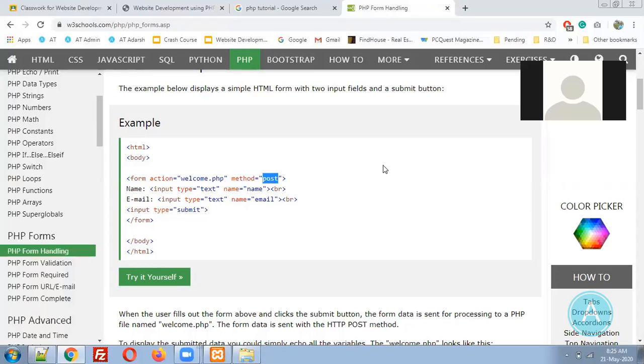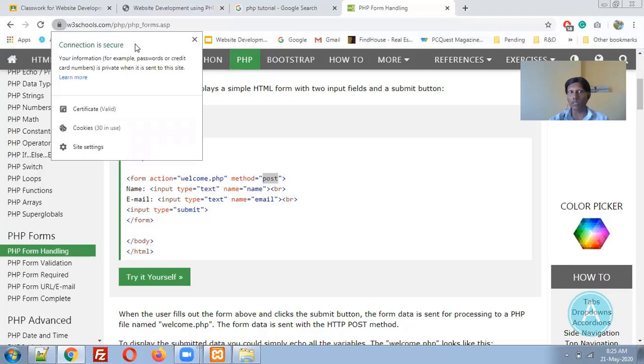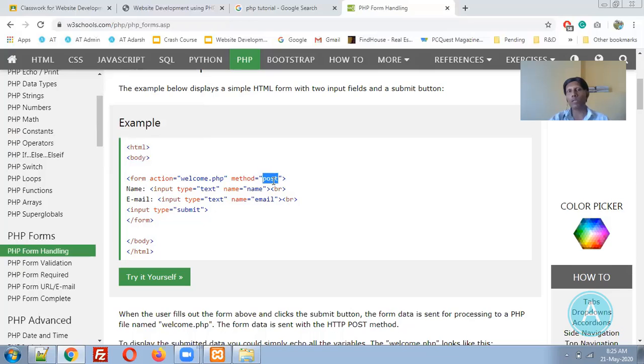Google Pay is secure, so it shows the HTTPS. You are talking about a website with HTTPS. For example, this is HTTPS, and there is a lock symbol. So this connection is secure, but that security is not related to the post and get methods. The post method and get method are different things.